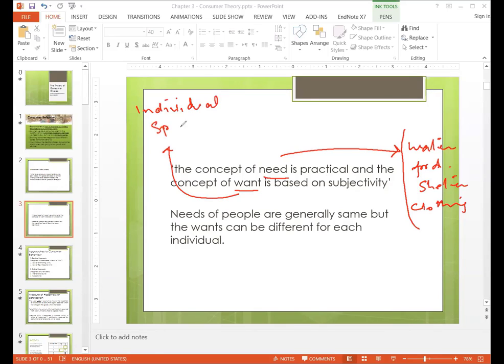Individual specific. What does it mean? For example, some of you are in a hostel. So you say that we don't have internet in our hostel, that we want an internet connection so that we can attend the class. That internet connection is only specific to your case, because not everyone wants internet, because they might already have it, or they are coming to UMT to attend the classes. So wants are specific to the individual, meaning they might change if the individual changes, but the needs are common for everyone. So this is the difference.